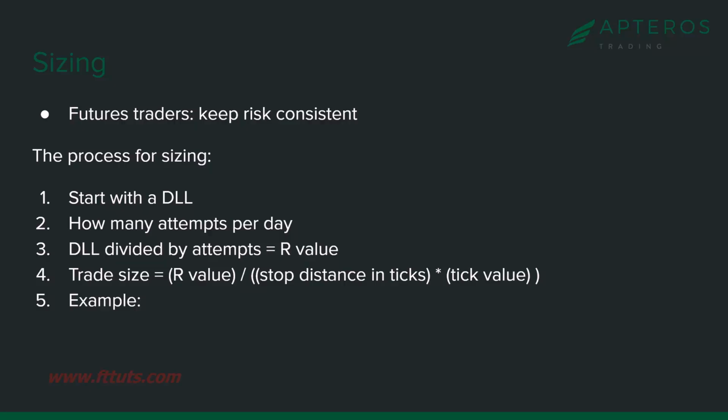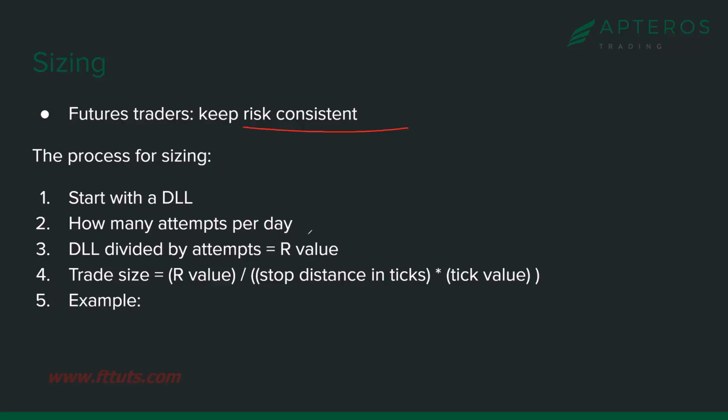So we divide the daily loss limit by the number of attempts we need. That tells us the R value. That's a term we'll use a lot. R value is the dollar amount that you want to consistently risk per trade. And then how large should we trade? Well, divide the R value by how far away your stop is in ticks times the tick value of the